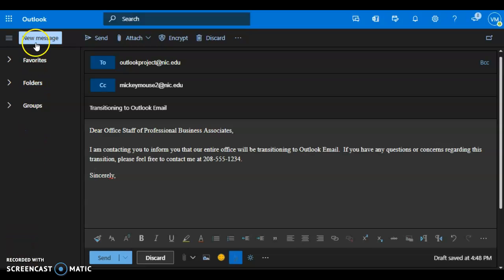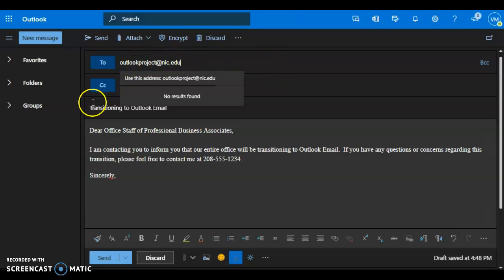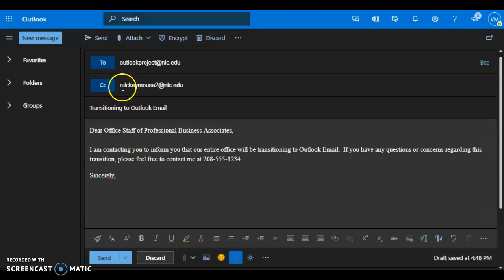This can be done by clicking on the New Message button at the top left-hand corner of your Outlook mail screen. Once you have done this, a blank email message screen will come up on your web page. To begin, we will address our email to outlookproject@nic.edu. We will also want to remember to CC our boss at